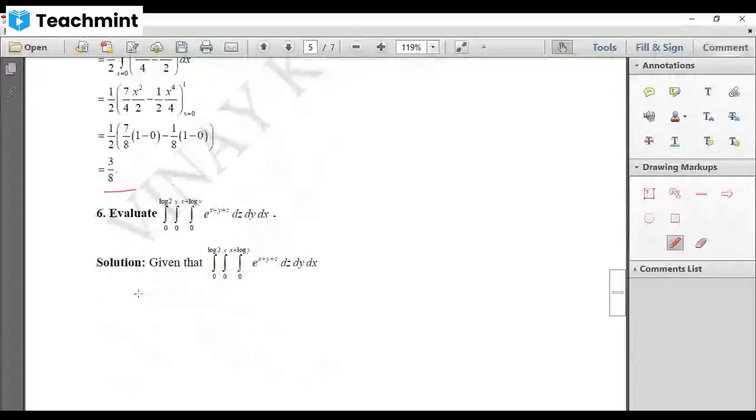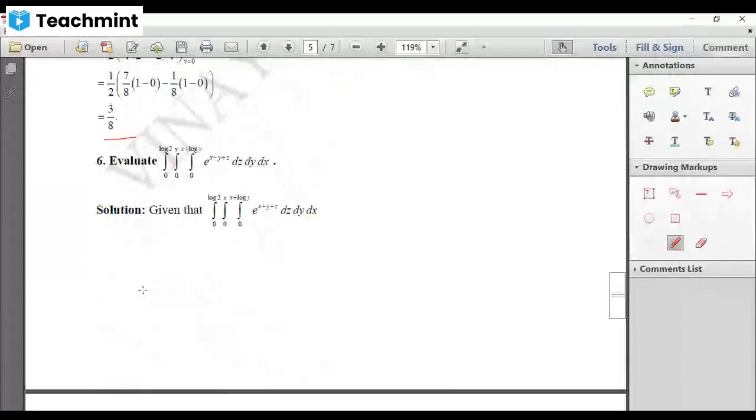Fine. Now see here, we're having another problem. Here, in the first limit, x and y both are present. Therefore, this will be the limit for z. Now see the second one. See here, 0 and x are the limit. Since x is present, we know that after choosing the limit for z, we are left with only x and y. And this cannot be the limit for x, right? So this should be the limit for y because it contains the x term.